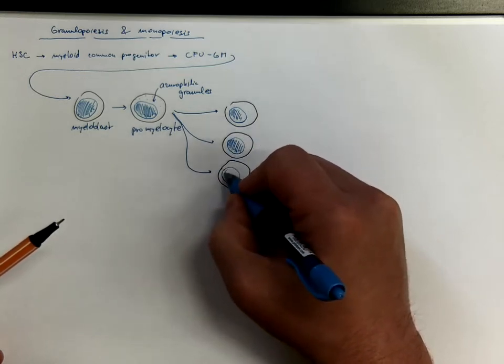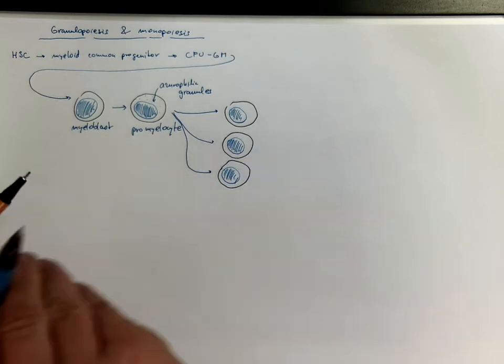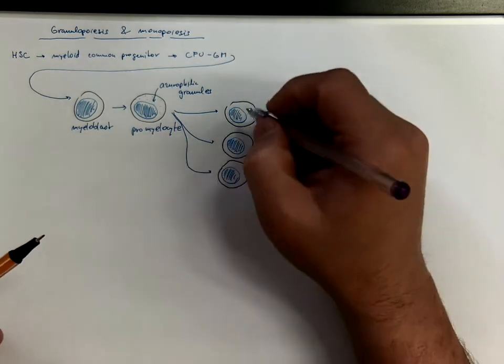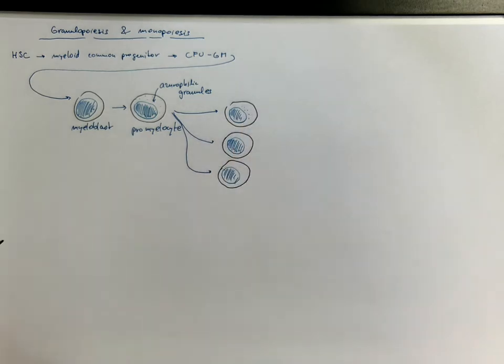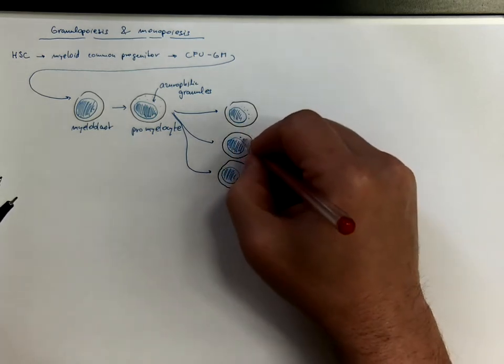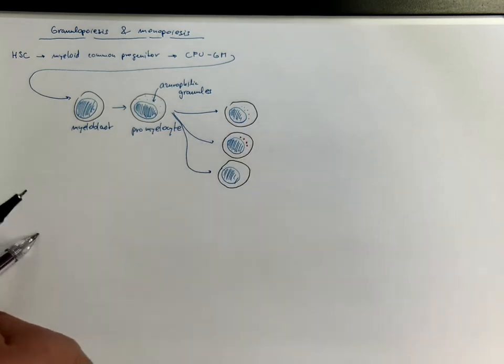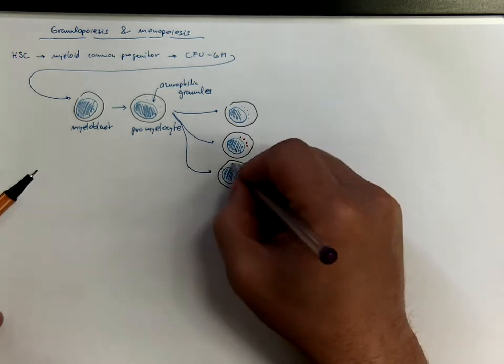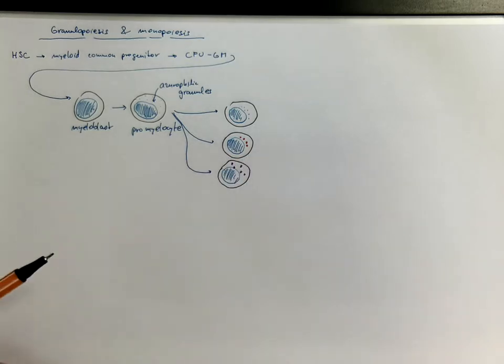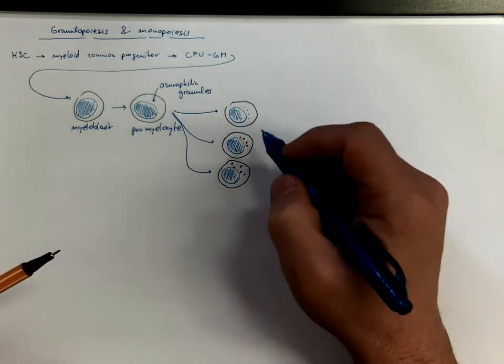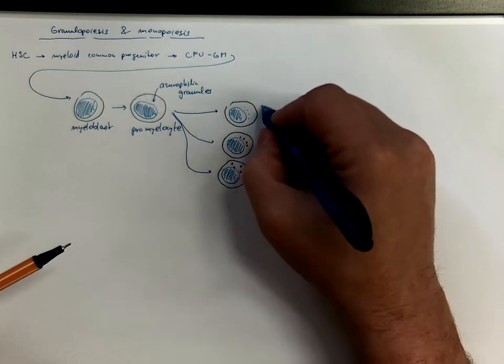First, these granules appear close to the Golgi complex, and there could be neutrophilic granules, there could be reddish eosinophilic granules, and dark basophilic granules. So we got a stage of myelocytes, and